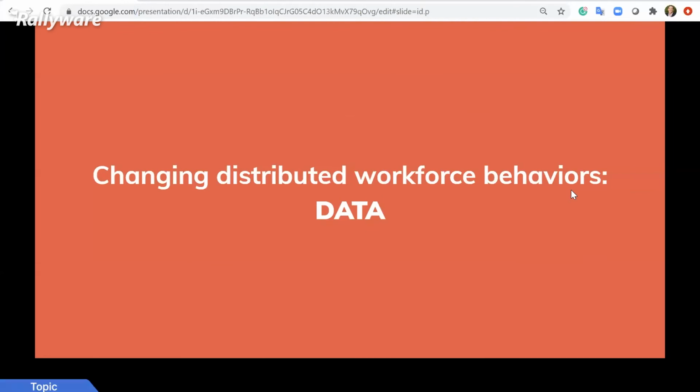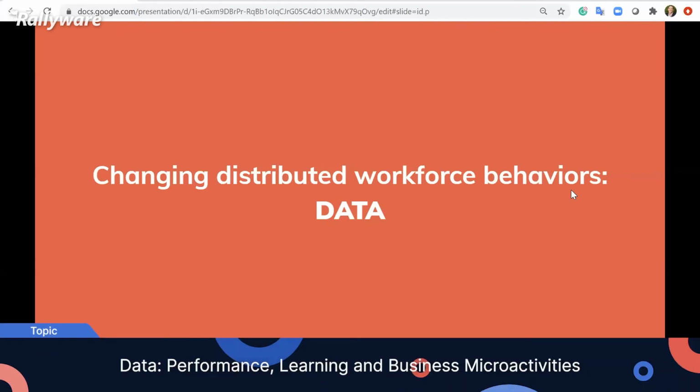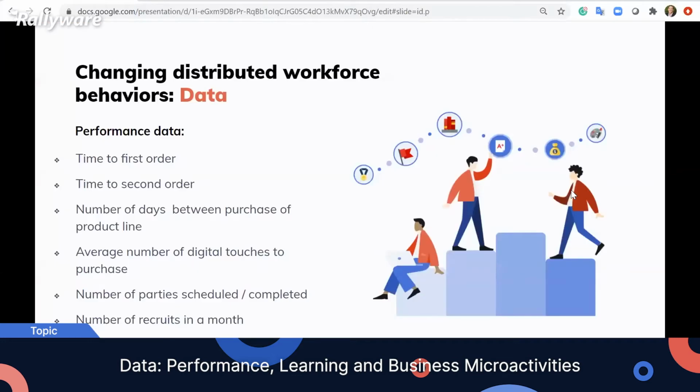Let's talk about the data now. And this is what is for us at Rallyware. This is one of the things that we love a lot. And really what we find interesting about it, and when we start these types of programs, or when we suggest to people when they start these types of programs, is